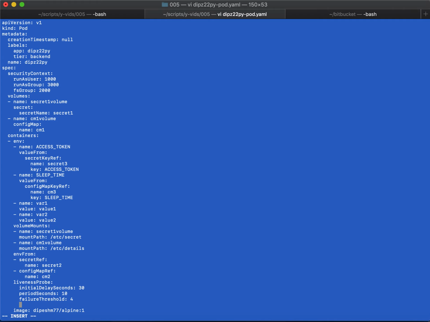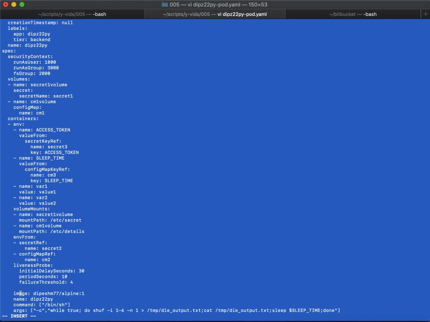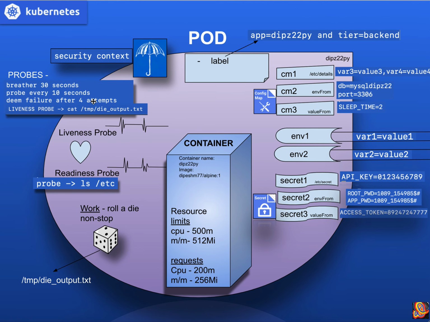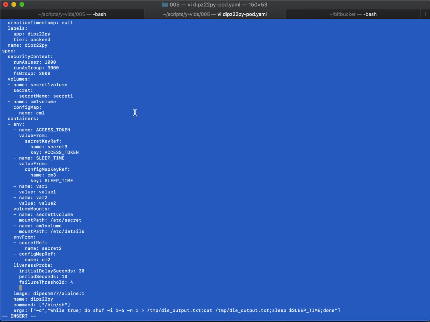But what is this liveness probe going to check? It is going to check cat /tmp/die_output.txt, whether this file is there or not. If it is able to cat that file, it is successful. So it will know that the liveness probe is successful and it doesn't need to stop the container; it can stay up and running. So I have to give that. How do I give that? I give that using the exec parameter. Exec will have inside it the command,